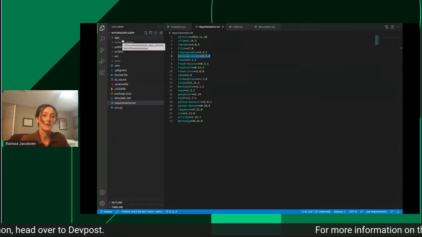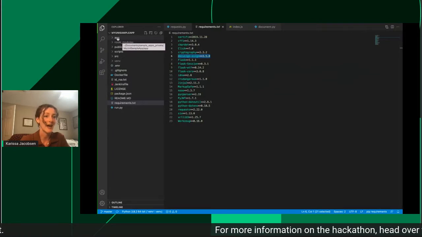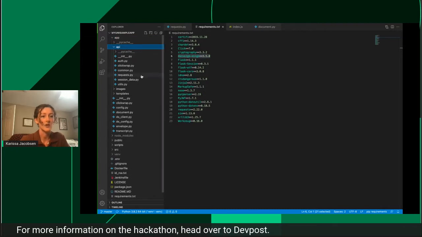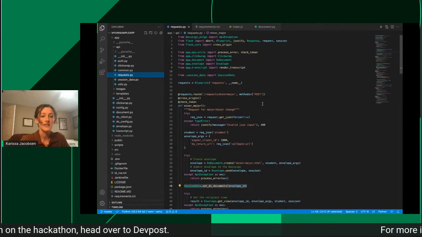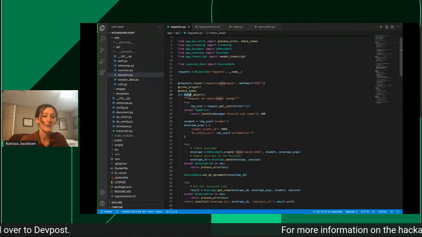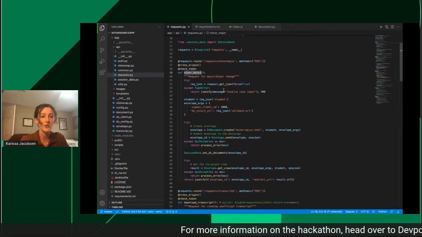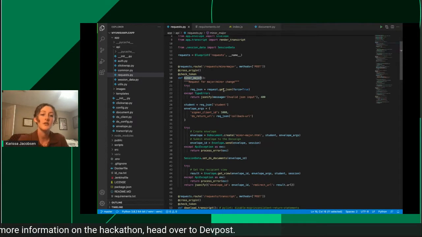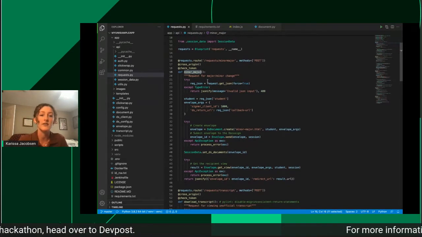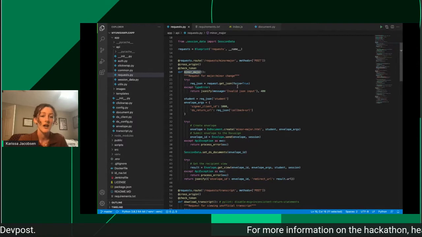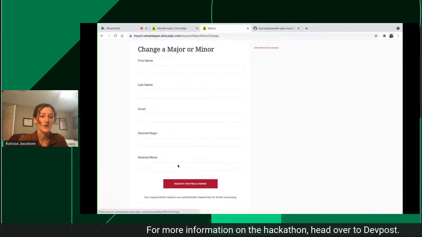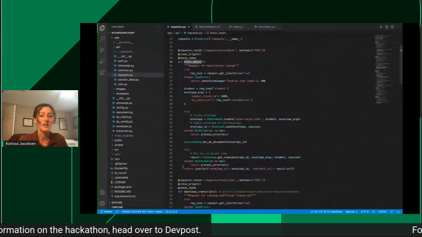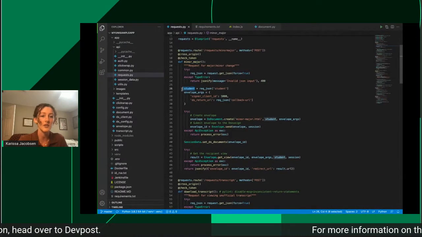All of the API calls are going to be in this app folder here under API, and specifically in the requests.py file. So you can see here we have our minor major function, which is going to be for the scenario that we just completed in the app. So the first thing that we do is it gets all of the information from that form as we just filled out. So I can just actually go back over just so that we can follow along a little bit. And you can see that all of these fields are going to be pulled into this student object right here, which is going to be defined